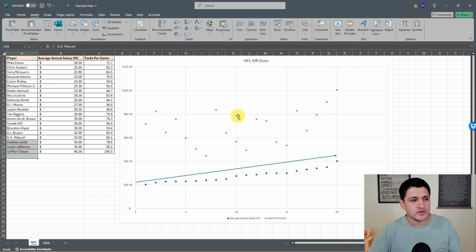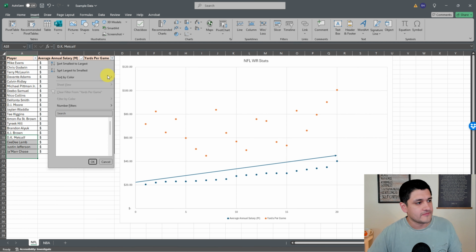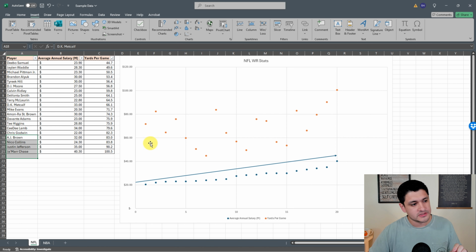So here my conclusion would say there's really no correlation. The more you pay them, it looks like maybe the top 1%er here, you're gonna get a correlation. You wanna pay them what they're worth, but everybody else, there's really no consistency here as far as yards per game. If I wanted to make my yards per game the independent variable, let's go from smallest to largest here,